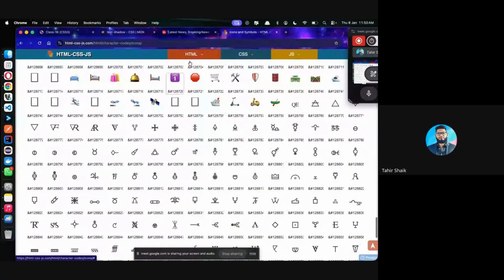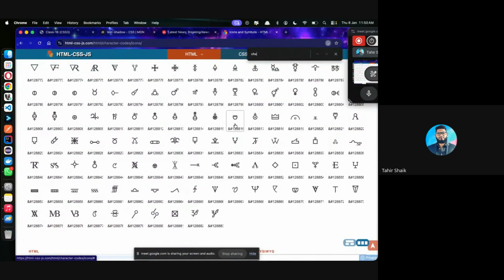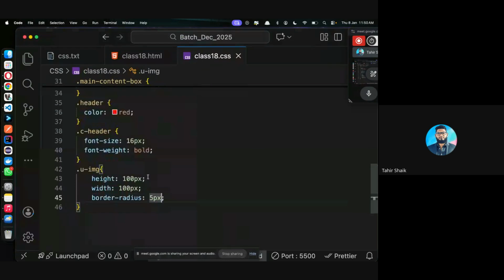So we need the icons. We can just randomly take 3 icons. Later, if needed, we can change which icon we want. I'm just taking this icon